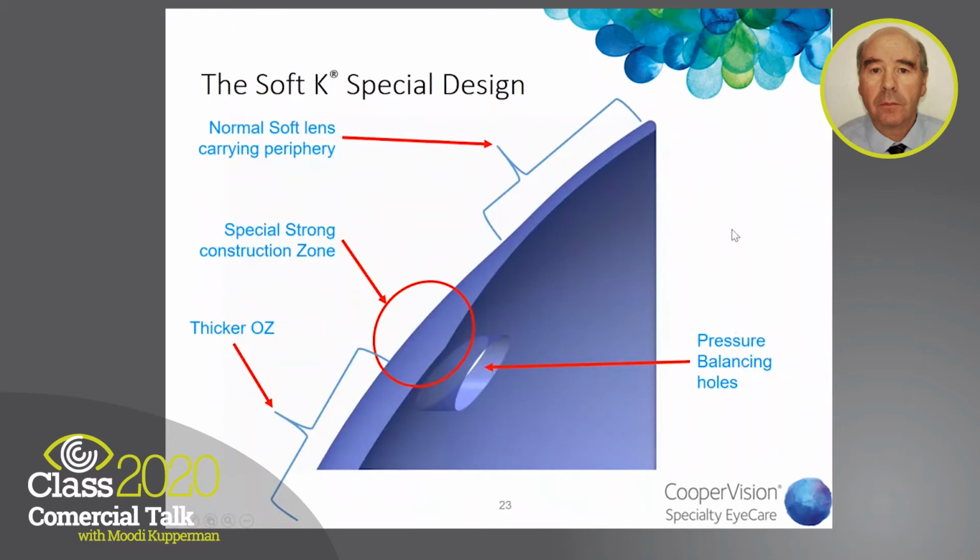When we first thought about the idea of making soft contact lenses for keratoconus, first of all, we had to find a soft material whose modulus is higher. The normal GM3 material or the HEMA material have a modulus of something between 15 to 20, 22 megapascal. But